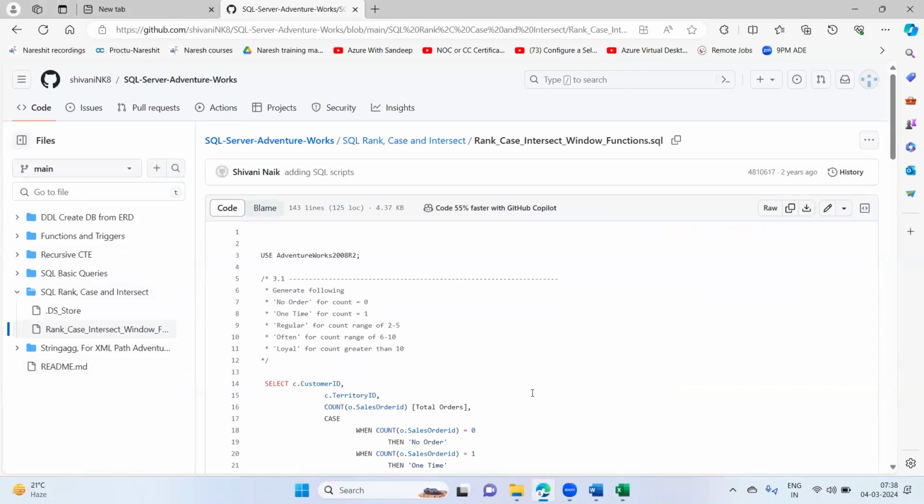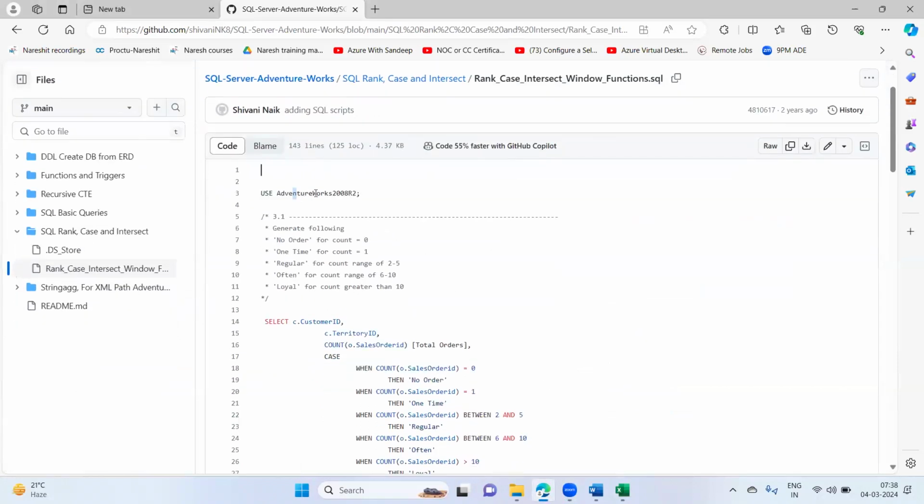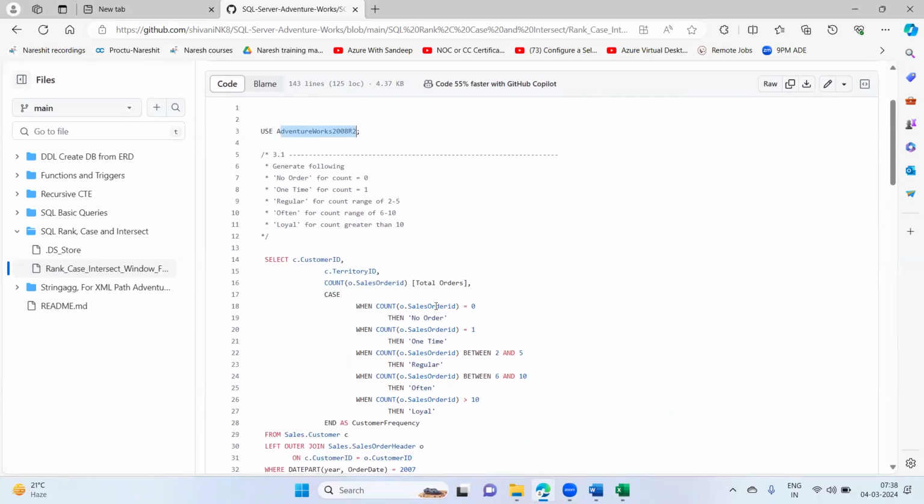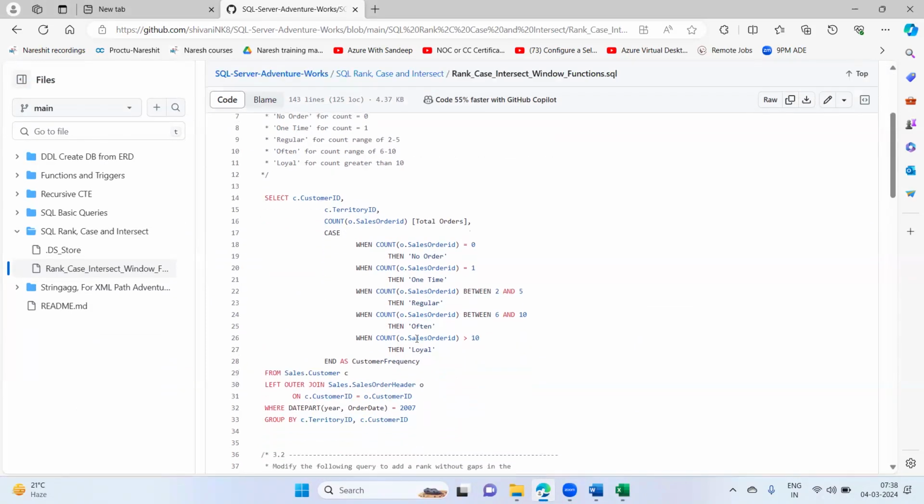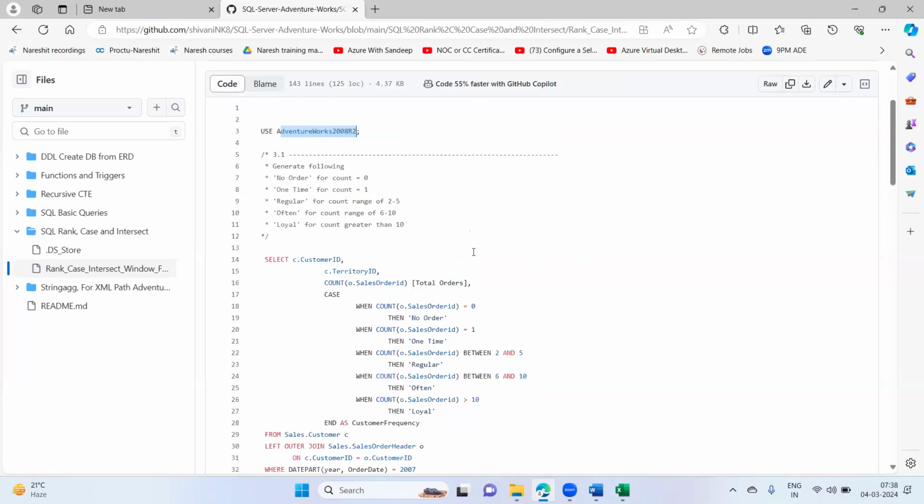Again, we are using the AdventureWorks 2008 R2 database. Based upon the orders, we are going to write the case statement by considering multiple tables from the AdventureWorks 2008 R2 database. So what it is saying, generate the following: